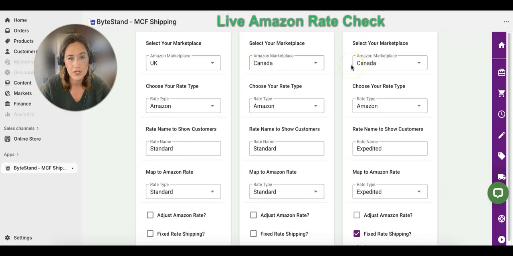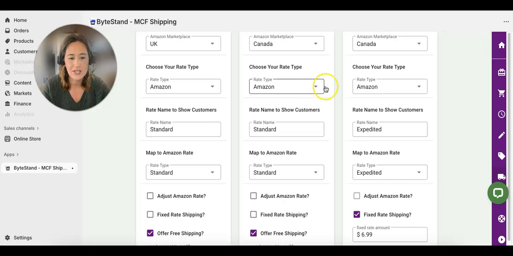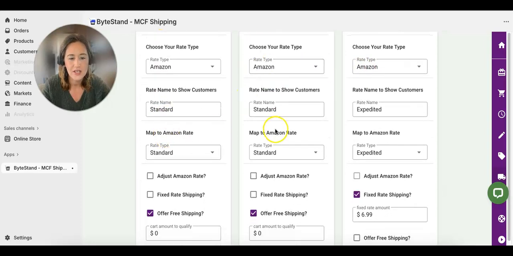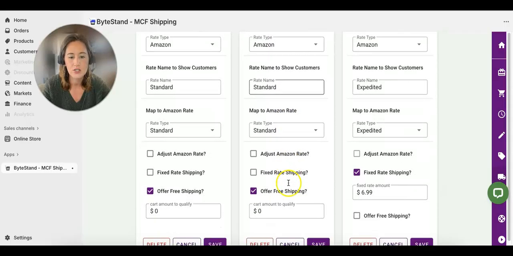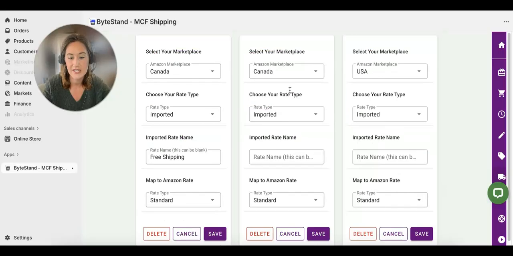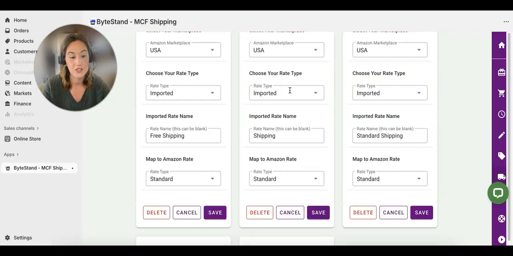This is really important if you sell in the United States, Canada, UK, Japan, Australia, if you sell all over and you've connected multiple marketplaces to your app, you want to make sure you have multiple rate cards. So rate cards for each marketplace. So here's a bunch of Amazon rates. In the UK, they also have a standard option, Canada standard. So just make sure that you've got live Amazon rate cards created in the app